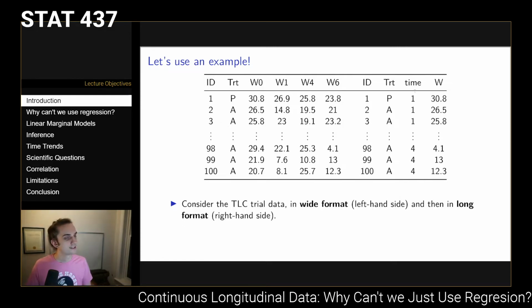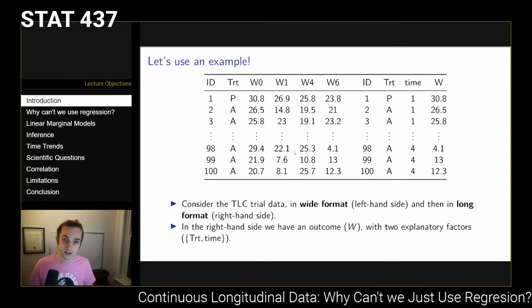So there's a slight misrepresentation of this, because the right-hand side would actually be 4 times as many rows as the left-hand side, but just for the sake of getting it all on one side here. And so if we're taking a look at the right-hand side of this data,